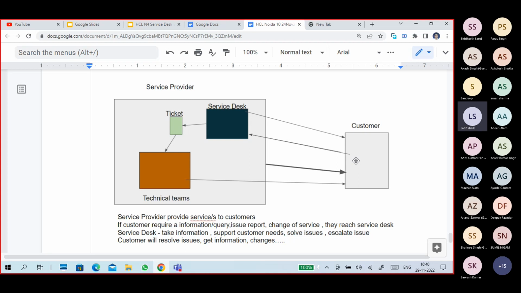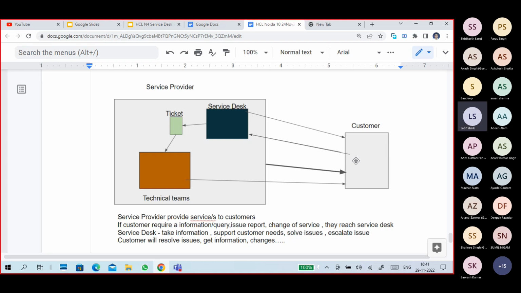If you want to report some issues, that will be mentioned in the ticket. And the issue priority, P1, P2, P3, P4, impact information, and screenshots of the issue if any are there, adding those screenshots into the ticket.